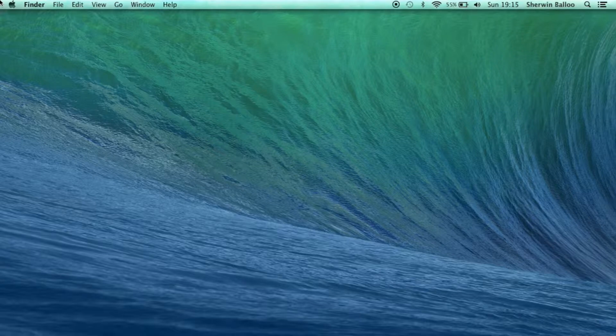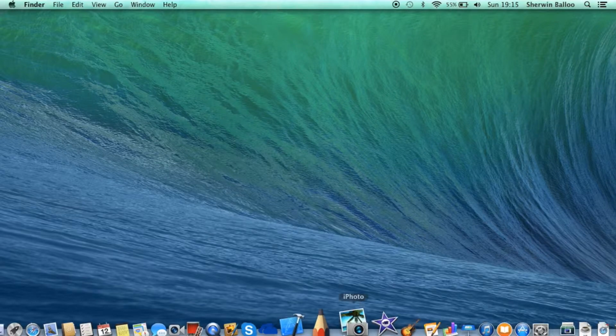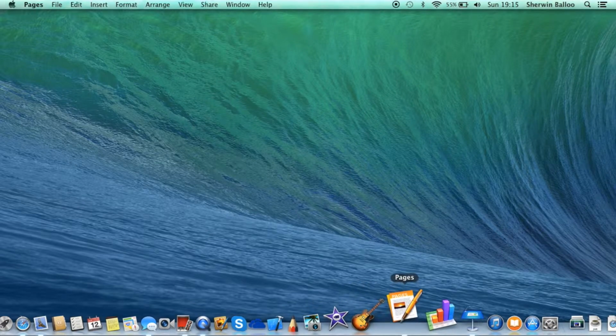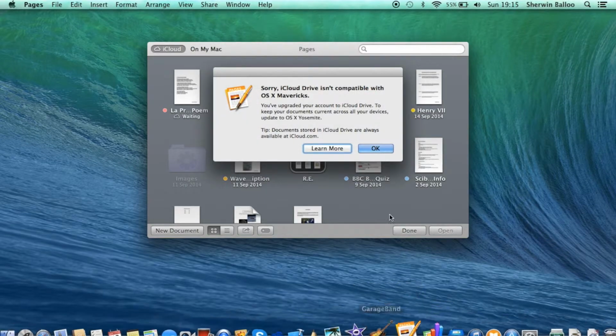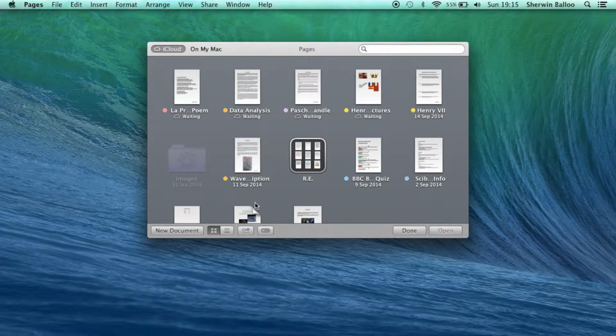So when you purchase any new Mac, you get Pages free, and you can download it from the Mac App Store. It's available on iOS as well, but today I'm going to take a look at the version for the Mac. So if I go into Pages here, and I just click create a new document,